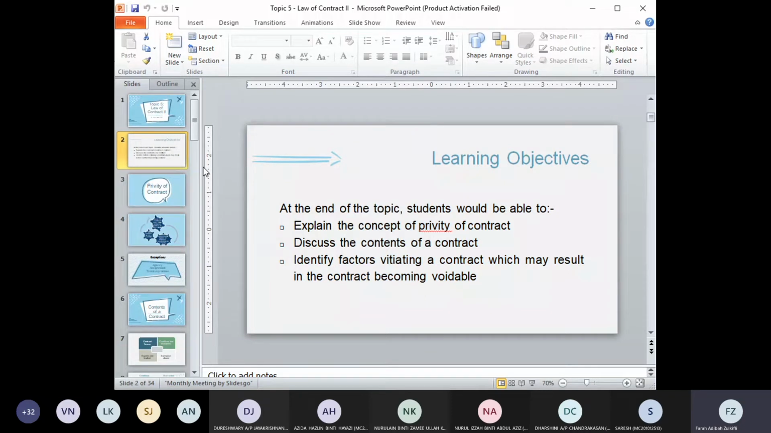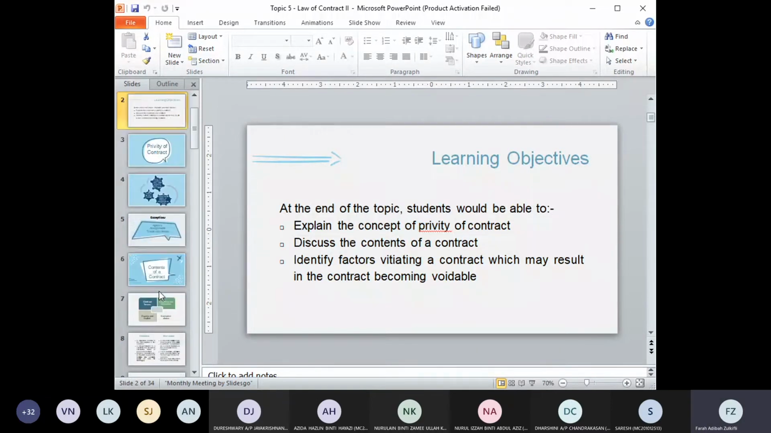And then we will also look at the third part, which is factors vitiating a contract. Under the law, if you want to enter into a contract, you must enter into it with free consent. So you must consent, you must agree to enter into a contract. So we will see under the third part what are the factors